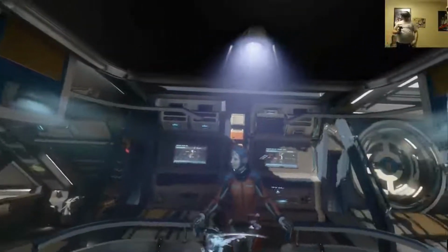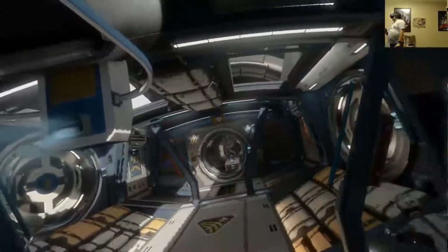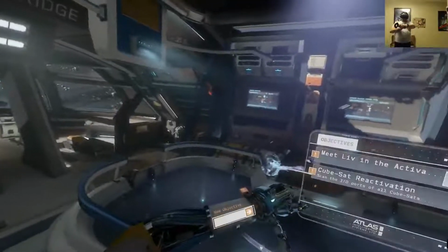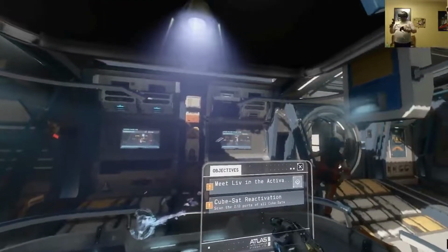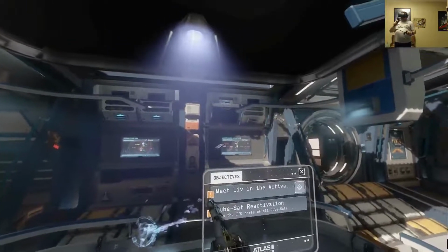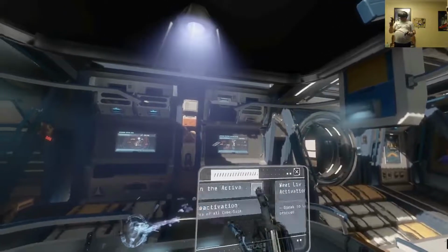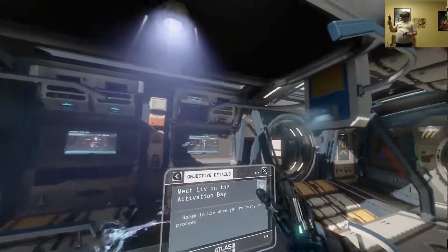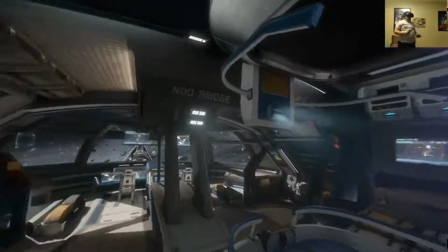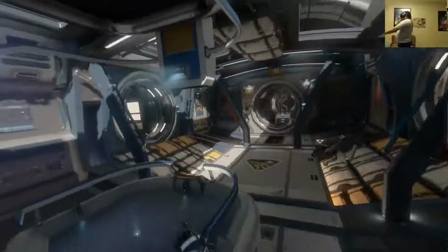I'll need a few minutes to pull today's command codes off my console. You can just keep yourself occupied till then, I'm sure. Of course. So, let's see. I guess I'm gonna meet her when I'm ready to proceed. Alright. Since I don't know where any of the other CubeSats are right now, I guess